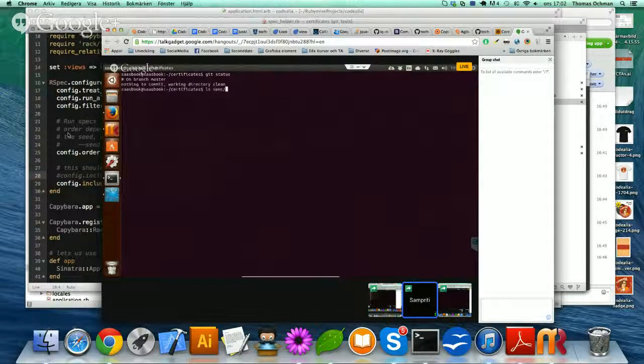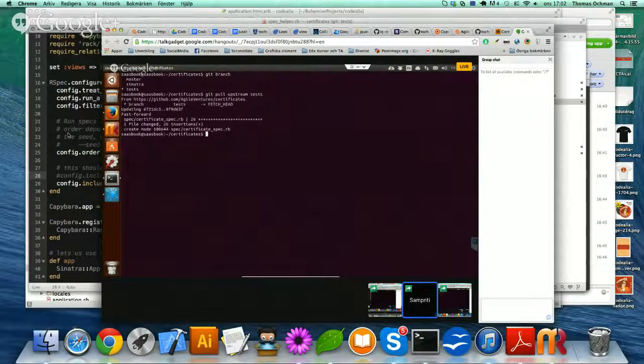Okay, that's all right. Now I can check out the tests and then git branch to confirm. Yeah, git pull upstream tests. And now git push origin test. Yeah, finally.